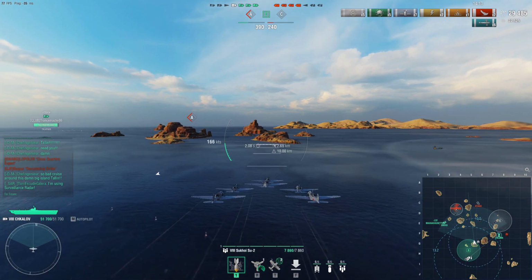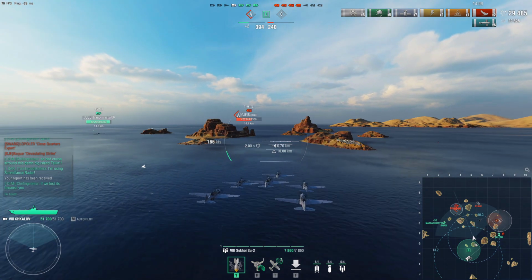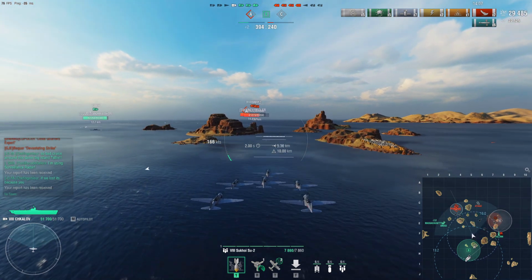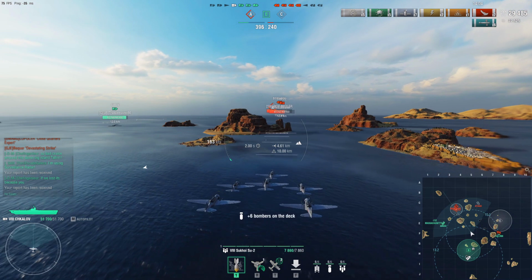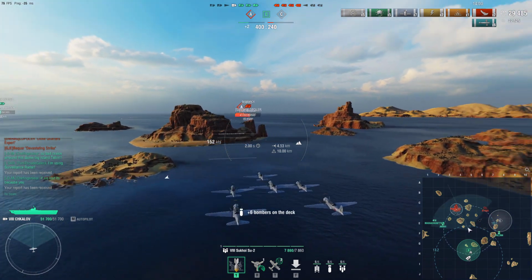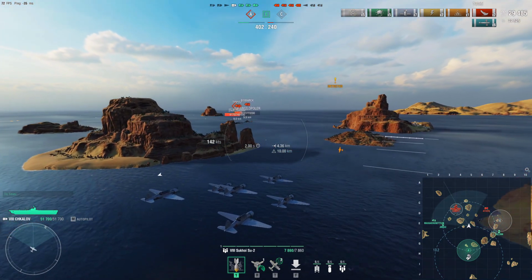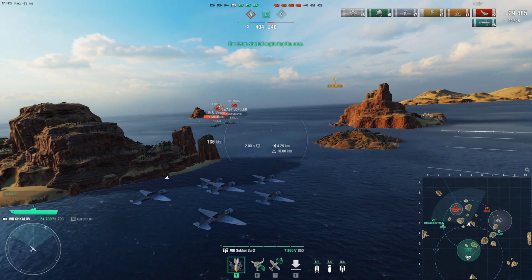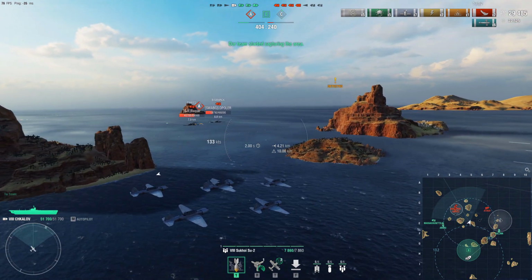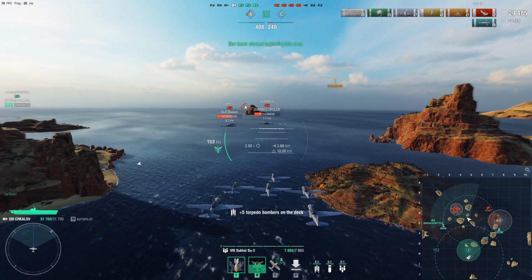Dive bombers and skip bombs: the dive bombs and the skip bombs have the same alpha damage, which is 8.7k, and both with 49% fire chance, which is really a lot. Especially with the skip bombers, if you can land them properly, you have a very decent chance of scoring at least 1 fire. Sometimes I've scored even 3 fires with 1 single strike on some battleships or some heavy cruisers, so absolutely